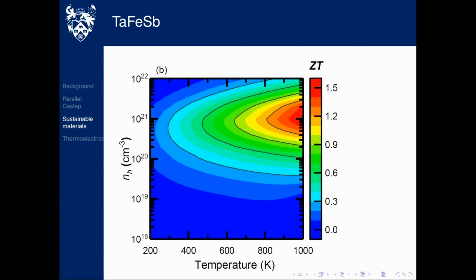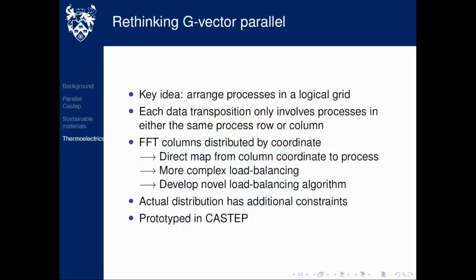But we still need to be able to use a large machine effectively. And as you've already seen, for big and complex systems, eventually CASTEP does run out of steam. So have we gone as far as we could go? Well, in the last few minutes, I'd like to say, no, we haven't gone as far as we can go. And we've got an ARCHER2 eCSE in process at the moment, exploring a new way to do